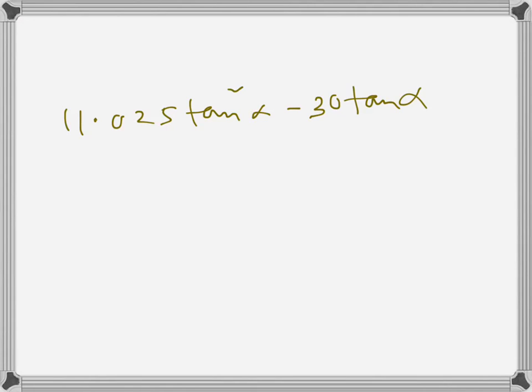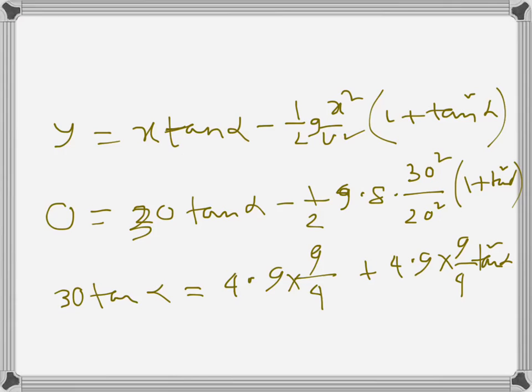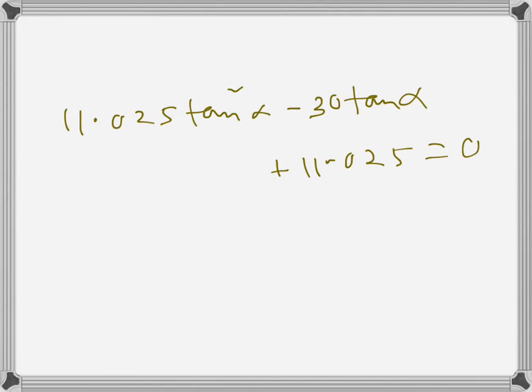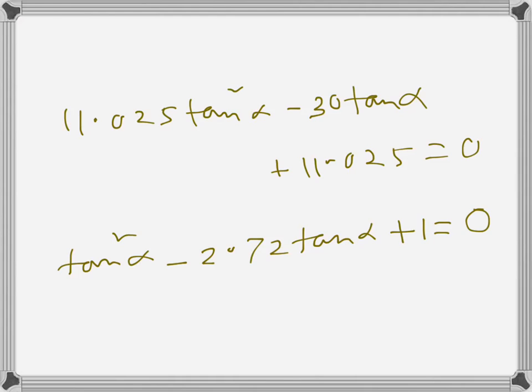We can rewrite this one as a quadratic equation, plus 11.025. Let me just check if I got that right. Yeah, this one becomes 11.025. So this can be further simplified to tan square alpha minus 2.72 tan alpha plus 1 equals 0. So this is a quadratic equation, and the roots will be tan alpha